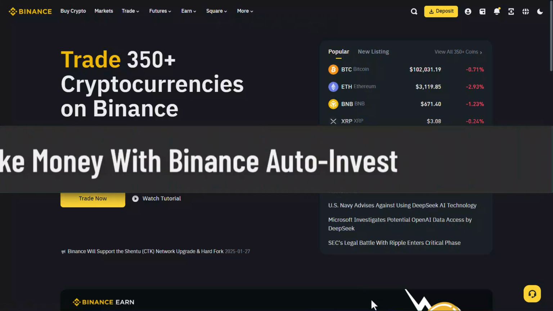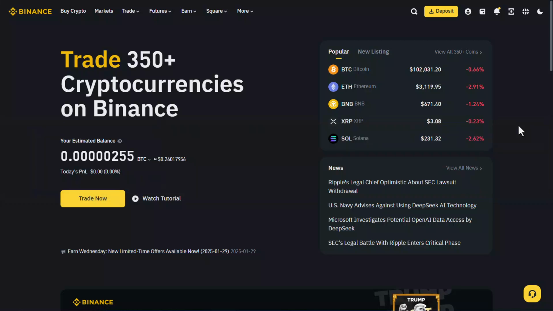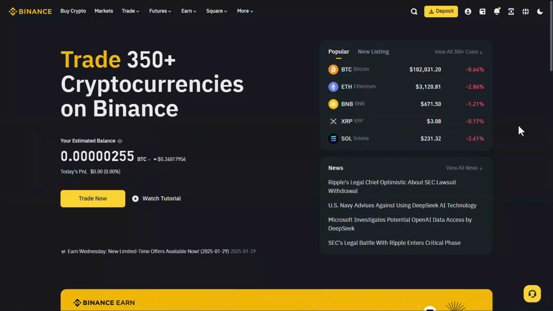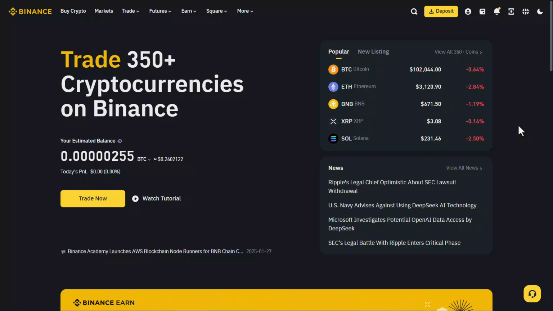How to make money with Binance Auto-Invest. Now, Binance Auto-Invest is a valuable tool for both beginners and experienced investors looking to streamline their cryptocurrency investment strategies. By automating the investment process, it removes the emotional aspect of timing the market and allows investors to focus on